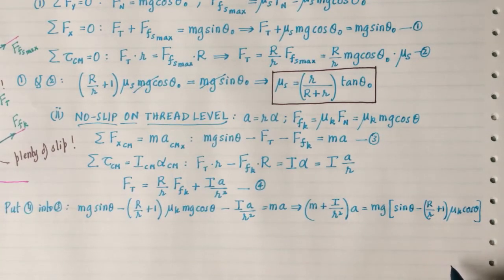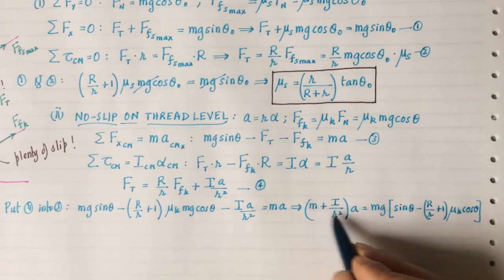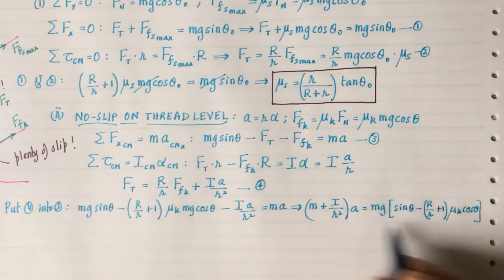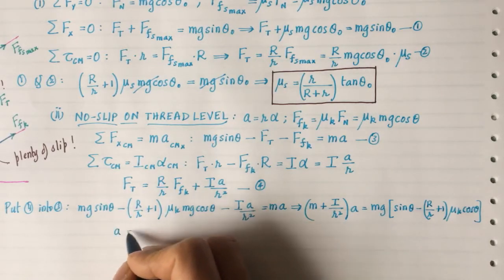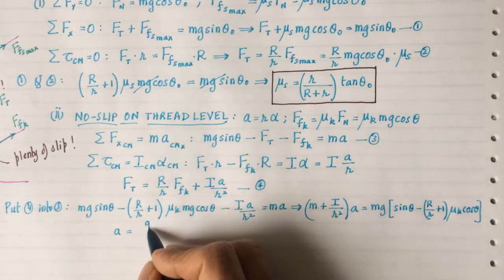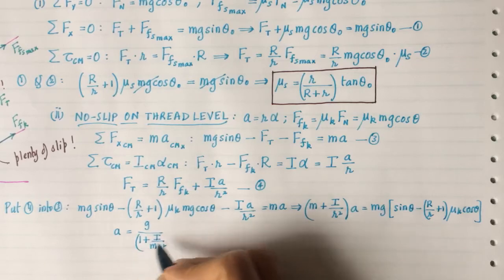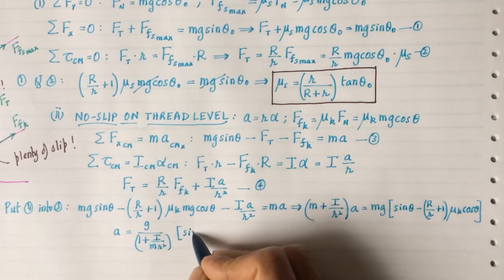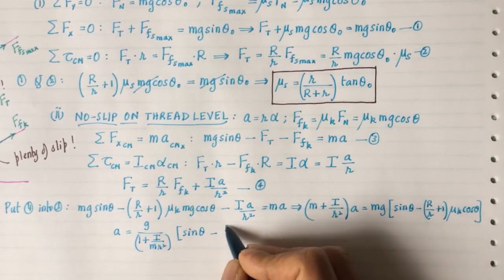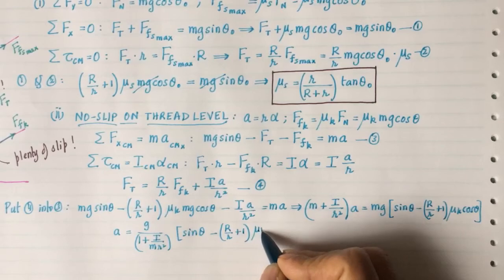And let me do two things. Let me divide both sides by m. If I do that, this will become 1, but I have to put an m downstairs, and then finally I can divide by that factor. So I'm going to get my acceleration, which is what we want. It's g over 1 plus I over mr squared times sine theta minus R over r plus 1 mu k